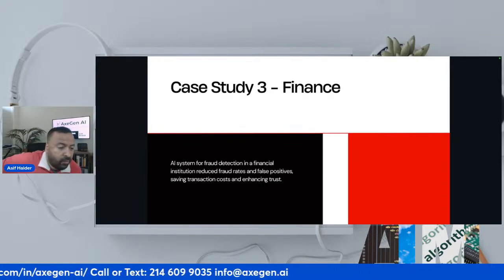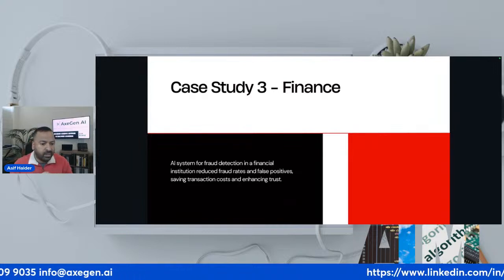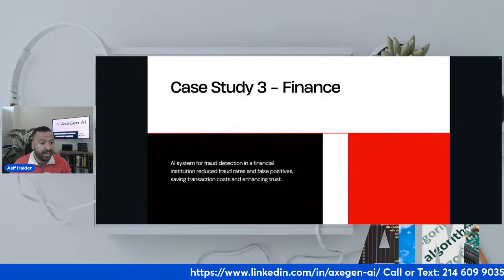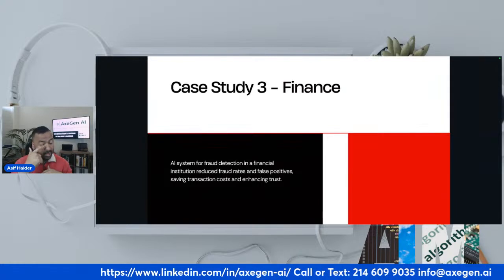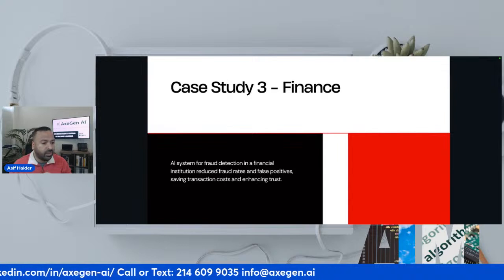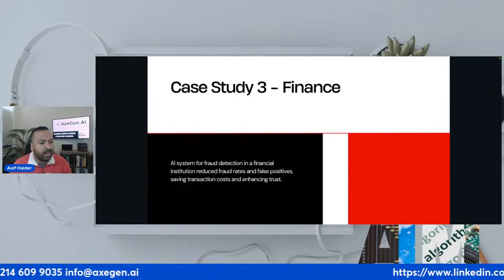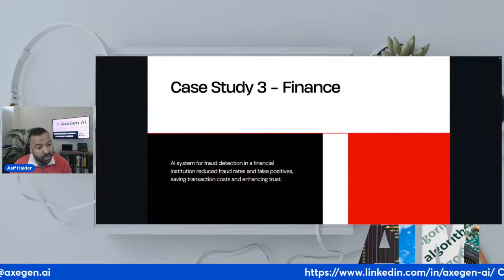And going into finance case studies, look, I think false positives and saving transactions, billions of transactions that are happening throughout the day, not just nationally but worldwide, is a very attractive use case, but not necessarily a use case that you should invest in right off the bat, right? You have to really understand what it is that you need.